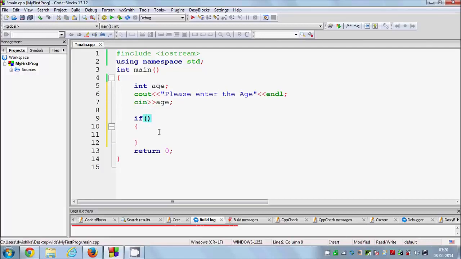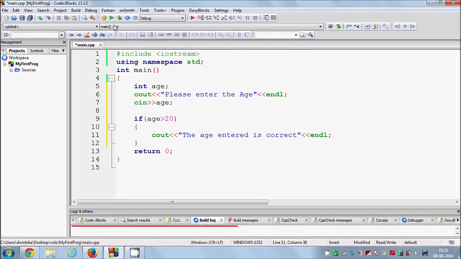So I will say if age is greater than 20, then I will print the statement that the age entered is